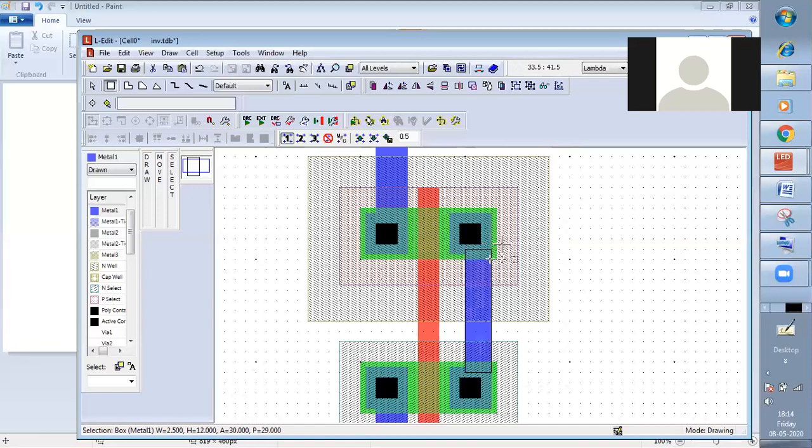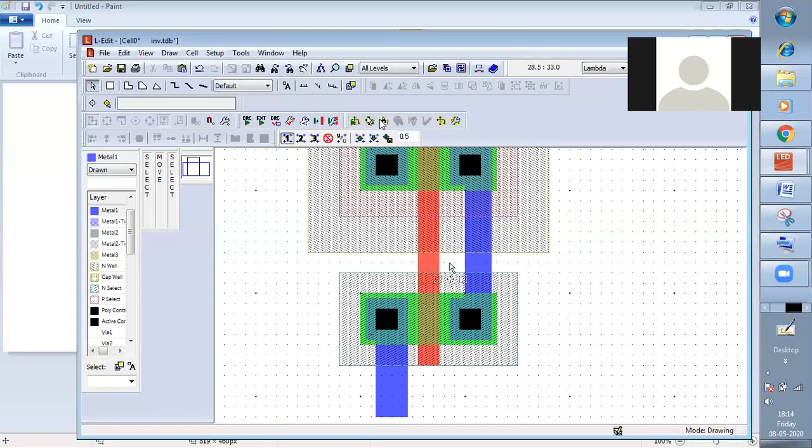Okay. Right. Now see, here it is showing clearly that there are two metals, but if I put this cursor here, then you see, it is connected over here. And that's why we have to connect this active contact, because this green color is a different material and this metal is a different material. So an active contact is required to connect this part to the outside of this PMOS and NMOS and all, right? Now this all things are ready now. Now what we have to do, we have to use this to write the name.